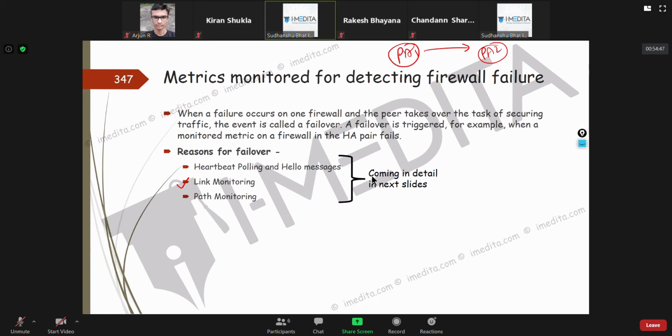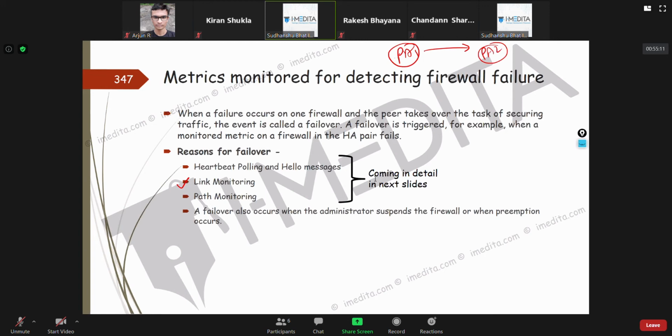Now, other reasons for failover. Commonly, people remember these three reasons, but if somebody asks for other reasons, they fail to remember. So these are important as well, for tricky questions. If the firewall admin suspends the firewall, that is also considered a failover.